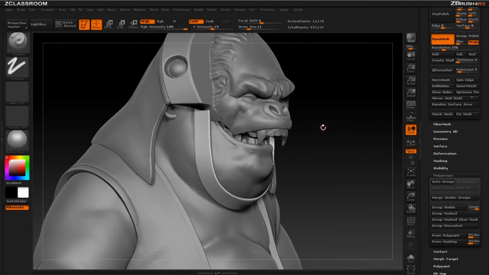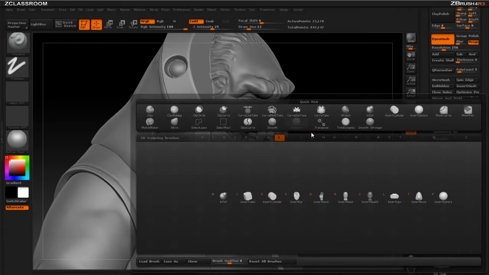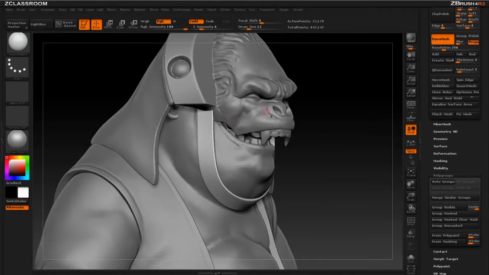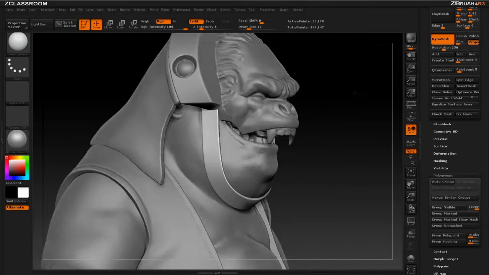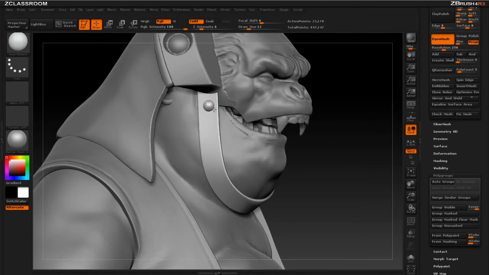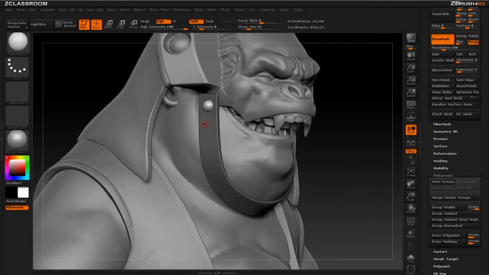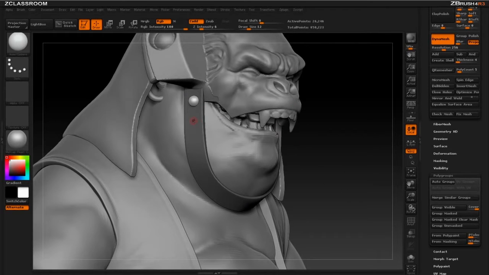And let's go ahead and add some studs. So I'm going to hit BI for Brush Insert, and then I'm going to grab this Insert Sphere. And it'll insert them across the X-axis, which is fine. So I'm going to go ahead and draw out a sphere here. And let's go ahead and make some more. The problem with drawing out more spheres is that it's going to be hard to kind of keep them the same